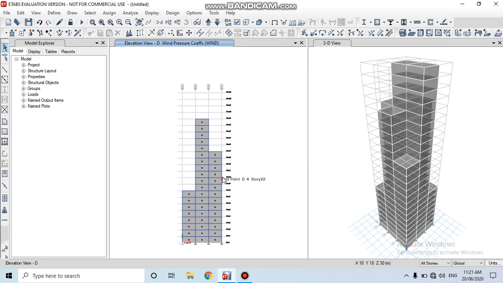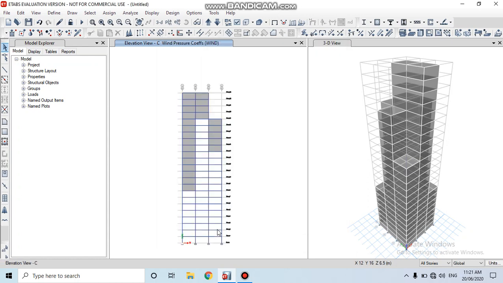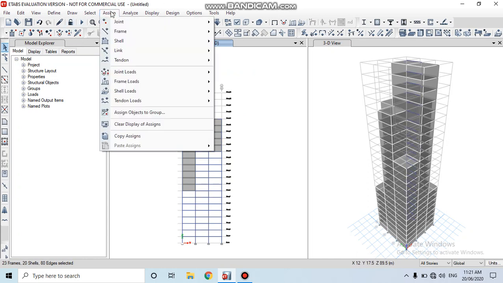Go to the elevation view. In the elevation view, go to option C, elevation C. Then click on OK. Here we have to select the shells. Then go to the assign view.